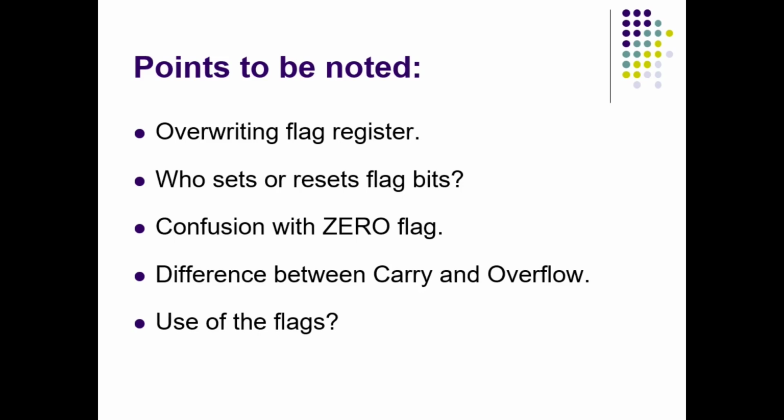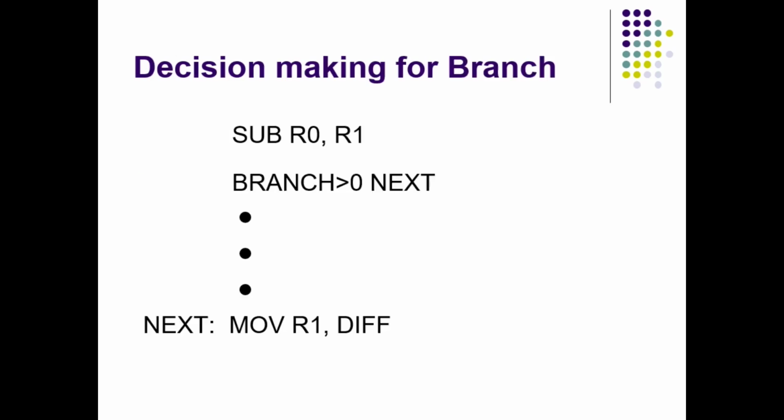And finally, what is the use of these flags? What is the use of storing the status of the result after an instruction gets executed? What happens if the result is 0? What happens if the result is negative? What if there is a carry, or if there is no carry or overflow? What is the use of storing the result status for a short time, because every time a new instruction gets executed, the previous status is discarded. The flag register or flag bits are used by the processor during execution of branch instructions which are conditional. If it is an unconditional branch, it gets executed without any decision.